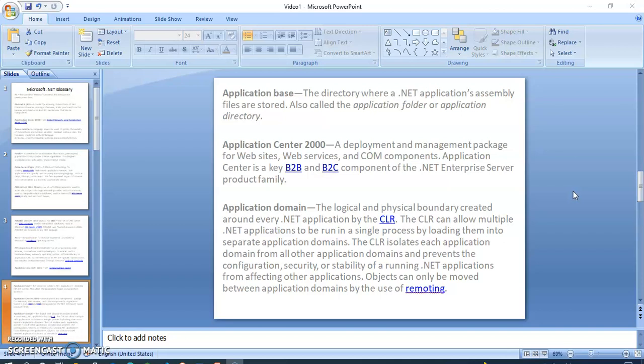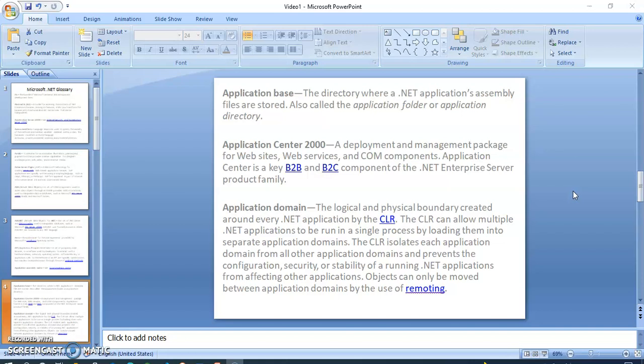And then we will discuss the application domain, the logical and physical boundary created around every .NET application by the CLR. The CLR can allow .NET applications to be run in a single process by loading them into separate application domains.